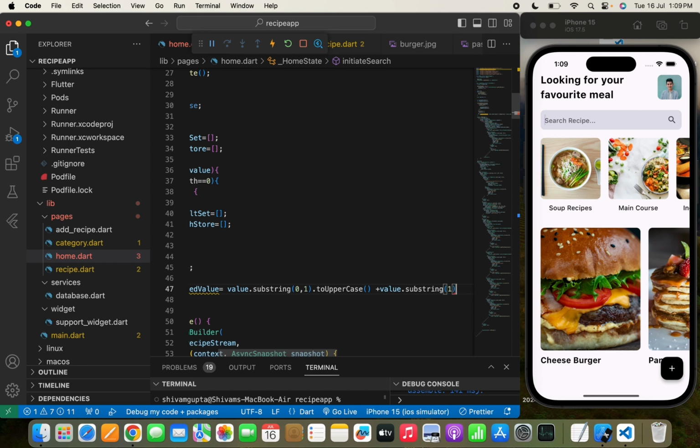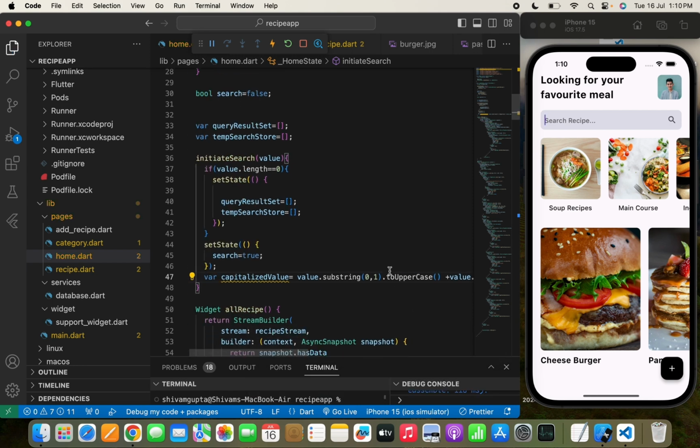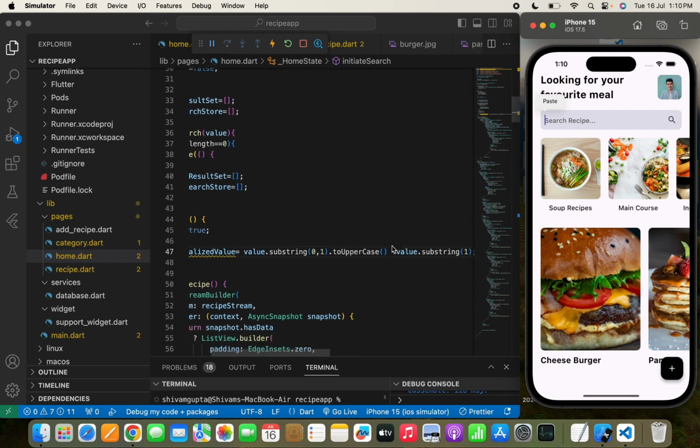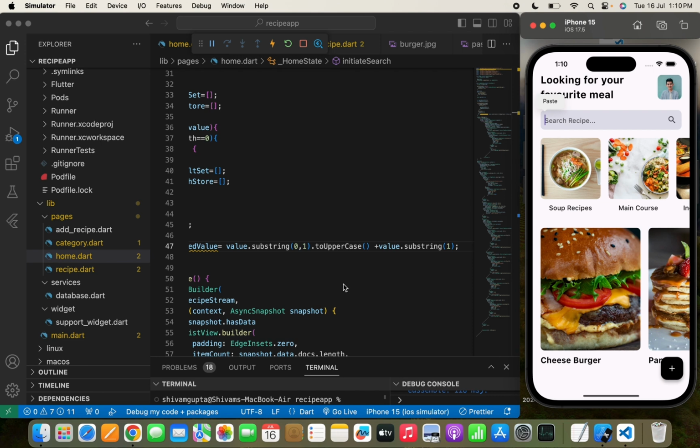Yeah. So this function will basically, for example, if I write C, then it will show me all the food names that start with C. Then if I write H, so CH, it will show the food names that start with CH. So this is an advanced search that you usually find in big apps like Amazon and Flipkart. This is the type of searching feature that we are going to use in this app, and this way the user doesn't need to write a complete recipe name. By just writing a simple 2 to 3 characters, he can find a recipe quickly using this text field. So now let's move on,